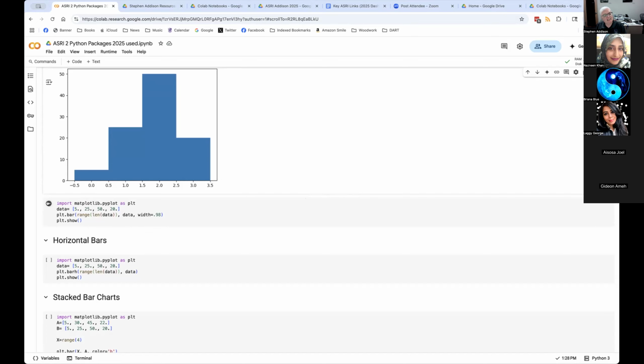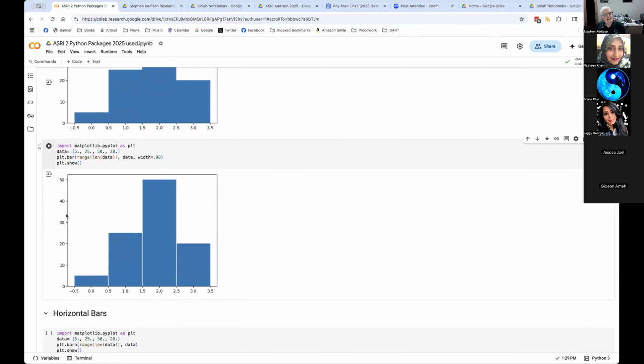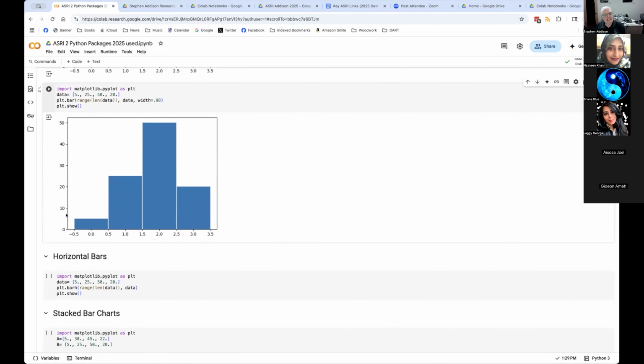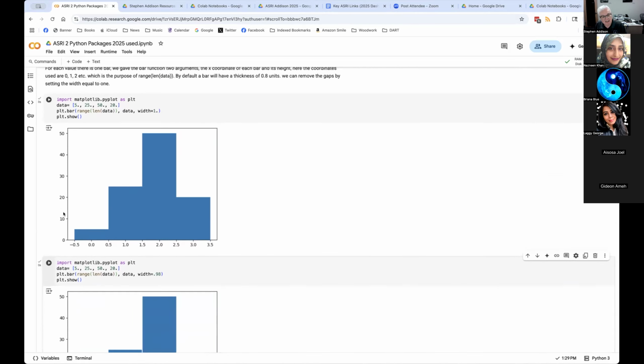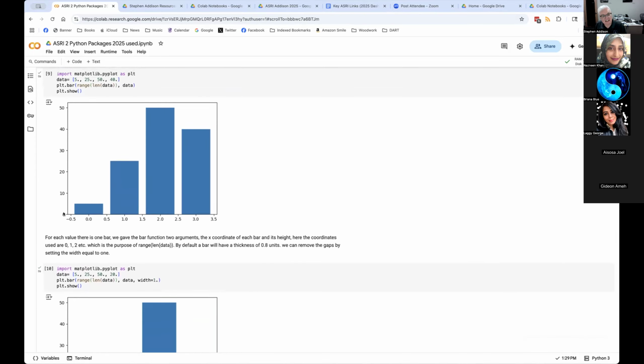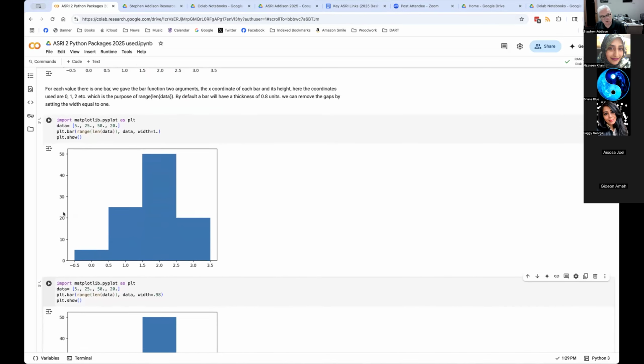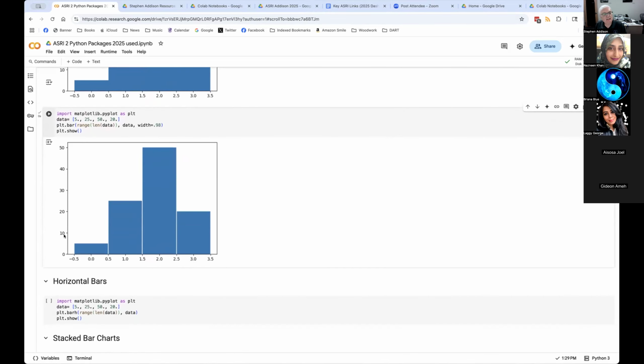And if I do that, it gives me a nice gap between each of the bars. And so the figure is easier to interpret, but it doesn't have all of the space that the first one has. And so in fact, let me change it to 0.99,